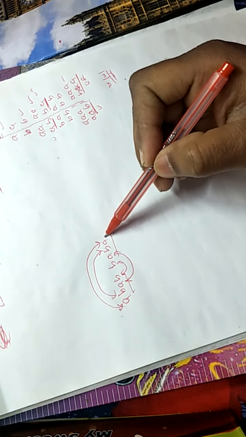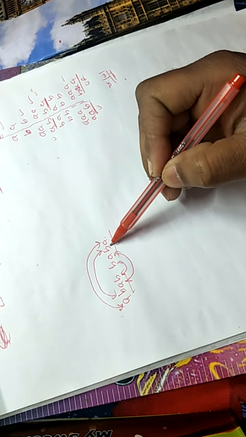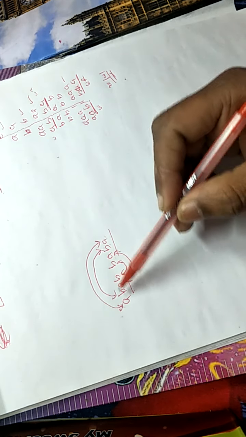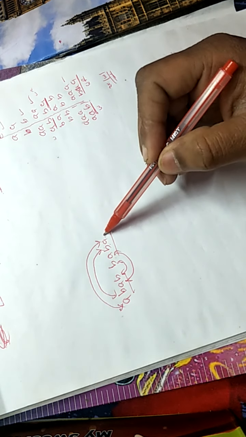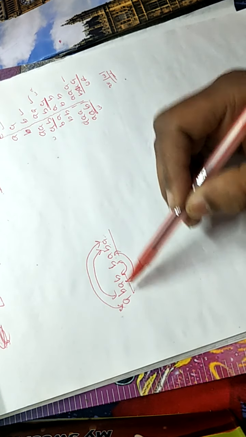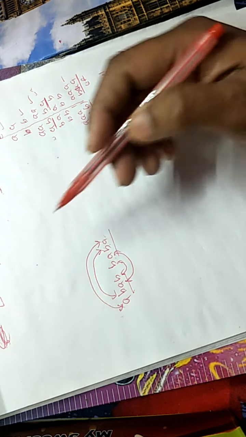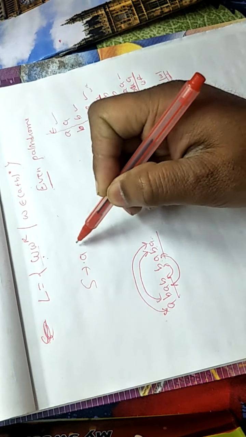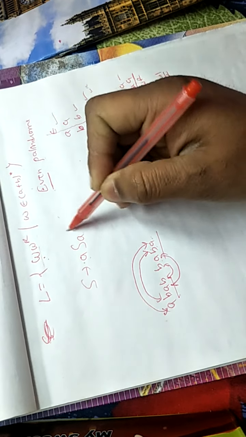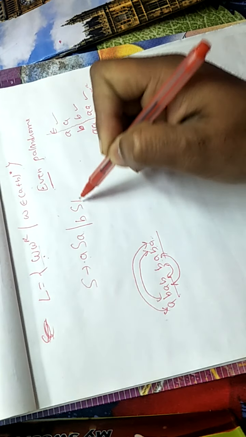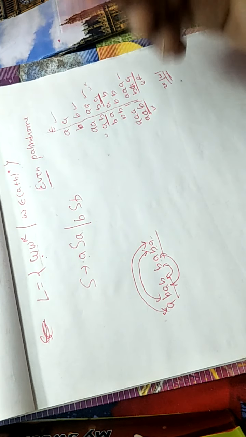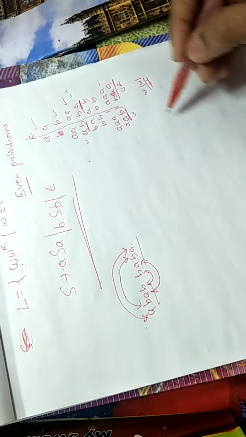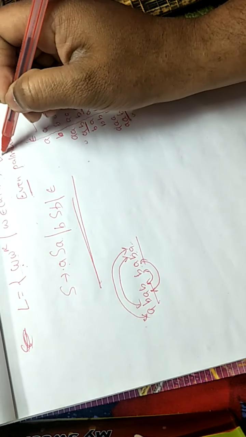So this A will be matched with this A, this B will be matched with this B. This A will be matched with this A, and this B will be matched with this B. So A on the left will be matched with A on the right, B on the left with B on the right. So the grammar will be S tends to ASA, to match A with A, B with B, BSB, or epsilon. With this production, you can derive all strings of this particular language.